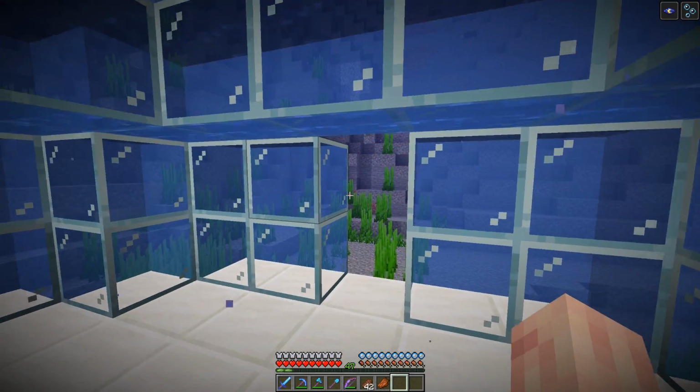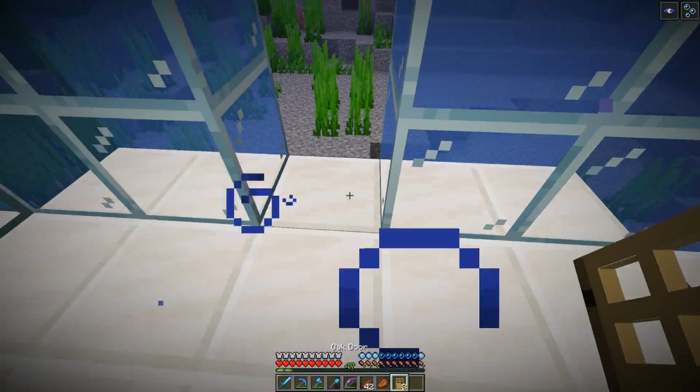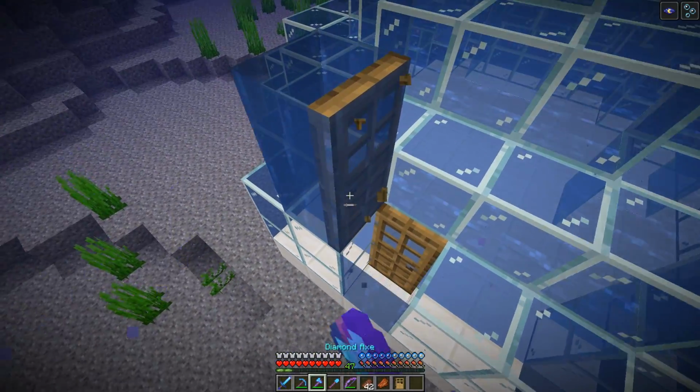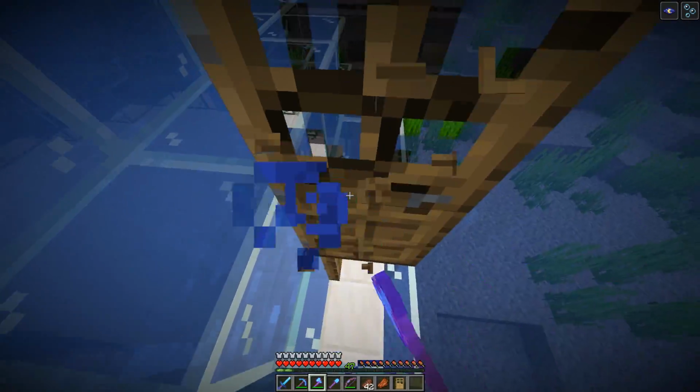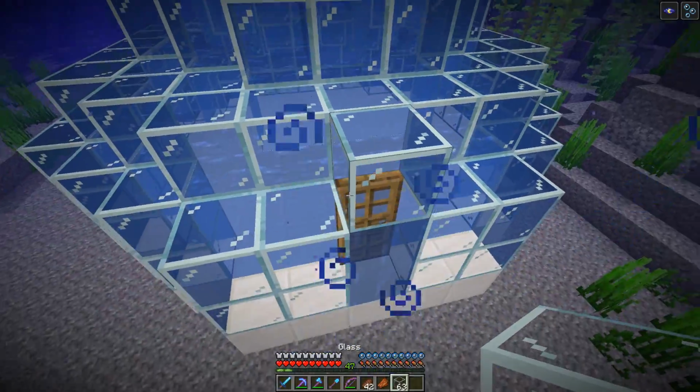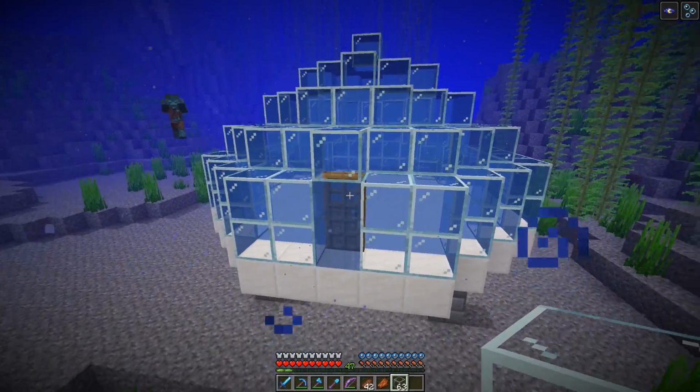But what you have to do now is actually place a door. So let's just place a wooden door for now. I'll probably use something a little fancier, honestly, than a wooden door. I'll probably use iron doors, but currently I don't have iron doors or extra iron to make iron doors. So I'll just do that design. And then what we need to do...